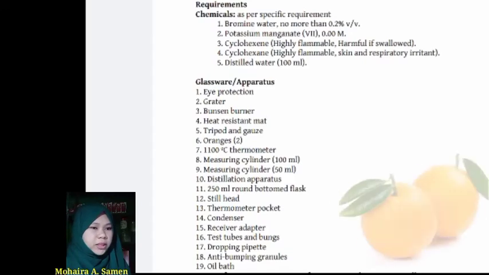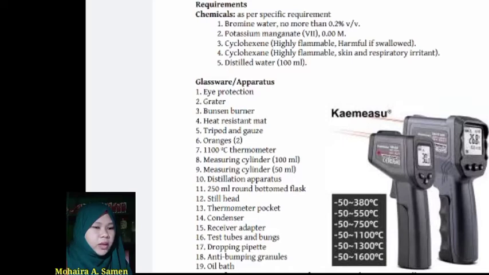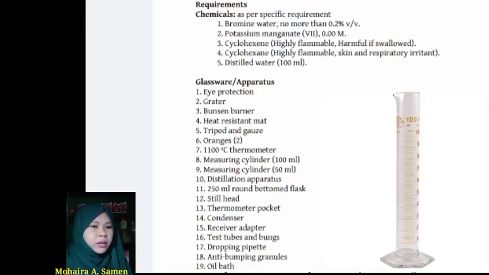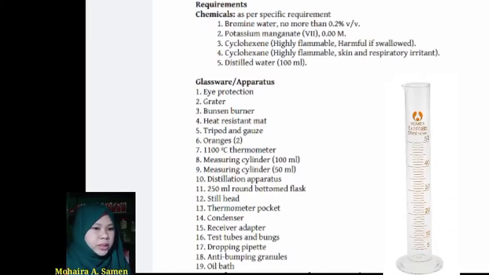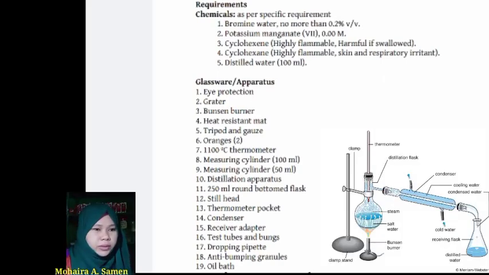oranges, 2 oranges, then the thermometer of 110 degrees Celsius, measuring cylinder in which the volume is having the 100 ml of measures, then measuring cylinder which is 50 ml in volume, then the distillation apparatus. The distillation apparatus,